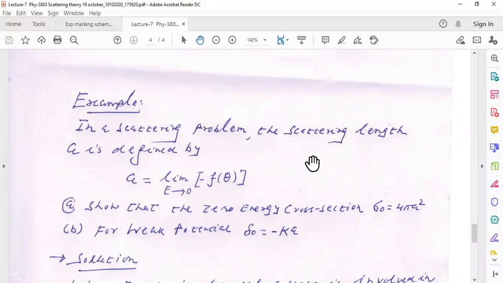In a scattering problem, the scattering length A is defined by the limit when energy tends to 0, very low energy. So the scattering length is given by the limit of minus f of theta, with a minus sign. So this is the definition. If you take the limit of f of theta when E tends to 0 with a minus sign, we have the scattering length. Show that the zero energy cross section